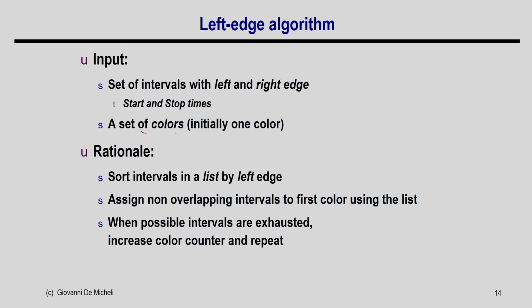It will give you a set of colors, say 3 colors or 4 colors, and also a mapping of each node or each interval to a color. So, if I know that intervals 1, 5 and 7 have the color red, that means 1, 5 and 7 are going to be executed using the same FU. So, it solves the graph coloring problem on the intervals given.